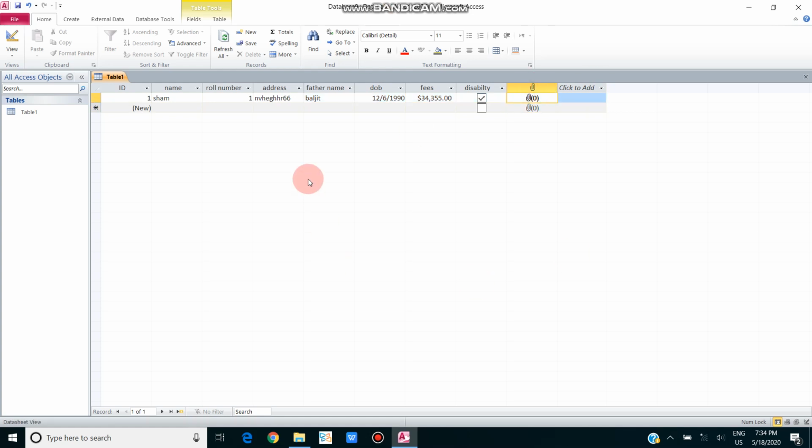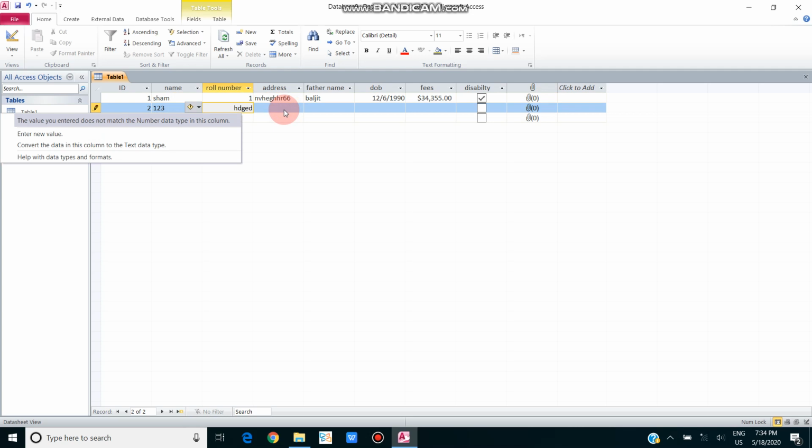So students, let me tell you one thing. If in this box, if I have written 1 2 3 and I am going to move to the next one, and here I have written English word, whenever I go to the address option, see the value you entered does not match the data type, because the data type we had selected was a number. So as same, so here you have to change it. You have to select the enter a new value. You will change it as a 4.